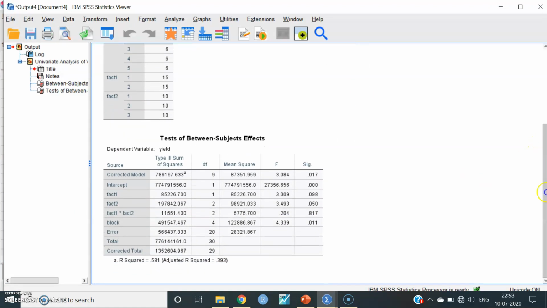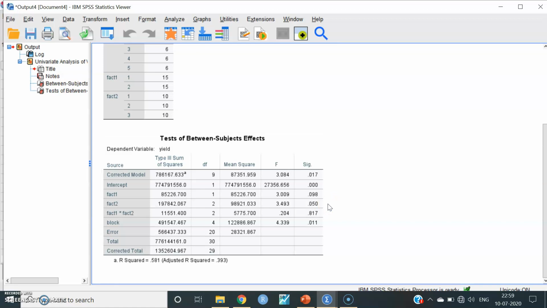Let us see the ANOVA table of factorial RBD. Major sources of variation are factor 1, factor 2, and interaction of factor 1 and 2. If we see the corresponding probability values among these 3, only factor 2 probability value is less than or equal to 0.05.